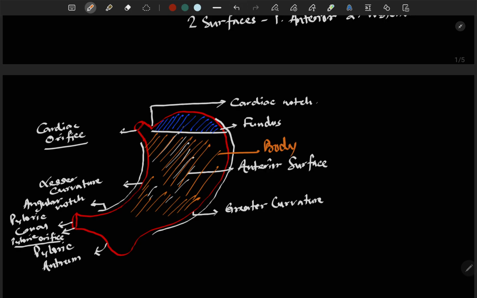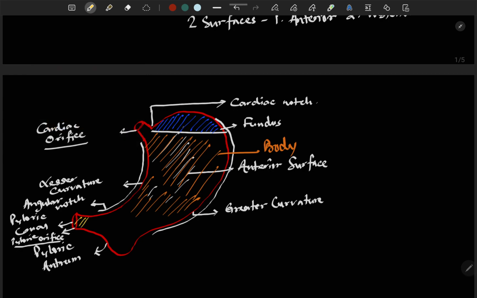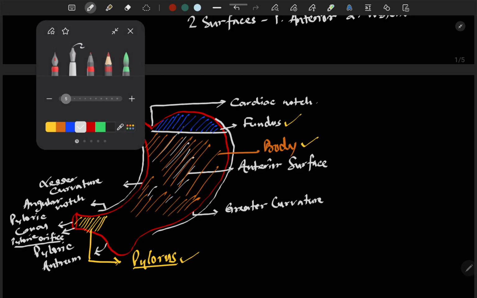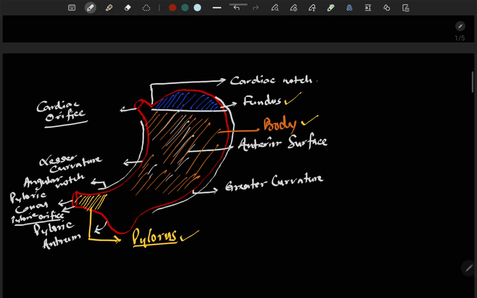This portion is fundus, this portion is body, and this portion is pylorus. Three parts: fundus, body, and pylorus. So at first we'll go to the